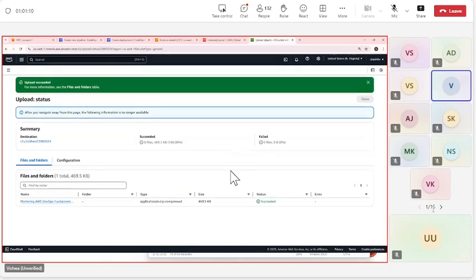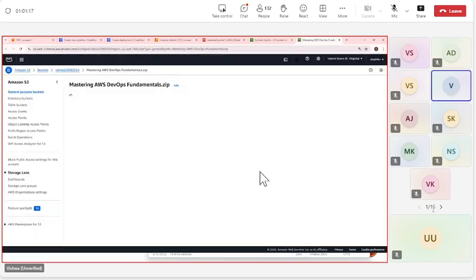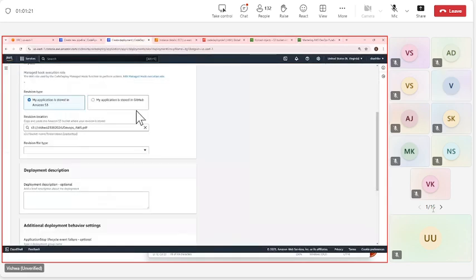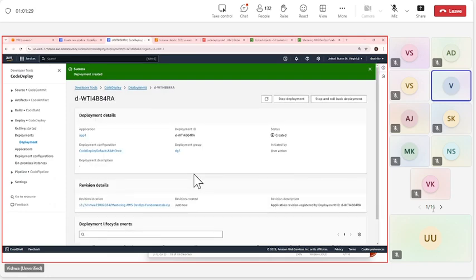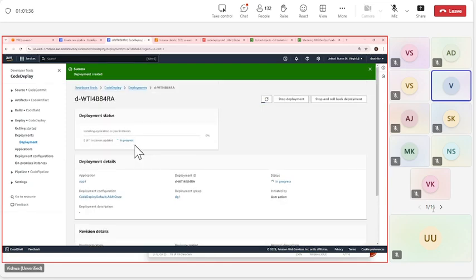Go, and I'm taking the link of this zip file. It's going to deploy it. So this is create deployment. So it is going to deploy this file. You see, it just created a deployment, and it is in progress, where it is going to copy that file into that particular machine.